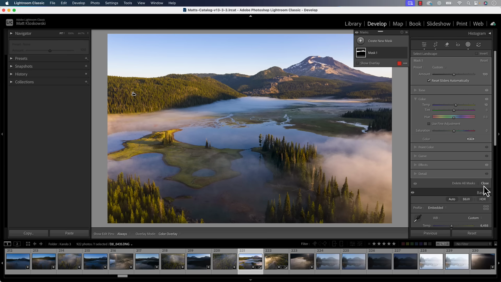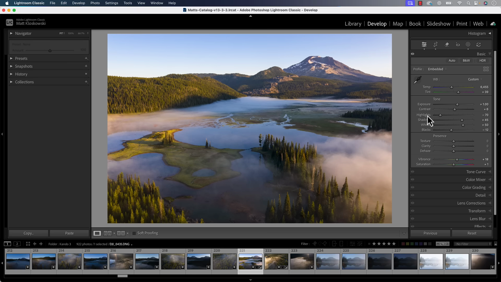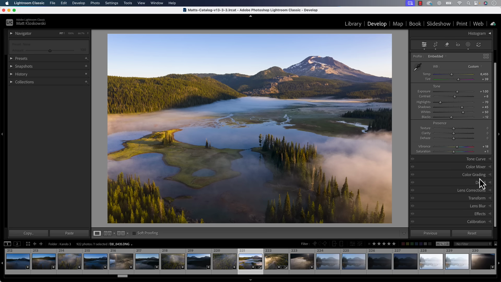Once I'm done there, then I would maybe come back to the basic panel and do what I call micro adjustments. If I want the whole photo brighter, the whole photo darker, a little bit more contrasty, a little bit more saturated, whatever it has to be, the micro adjustments are going to be here after I've done that masking. And that's a very different way of working than years ago. So I would generally open up the photo, do any noise reduction, do any lens corrections that I want to get done to the photo, usually even crop